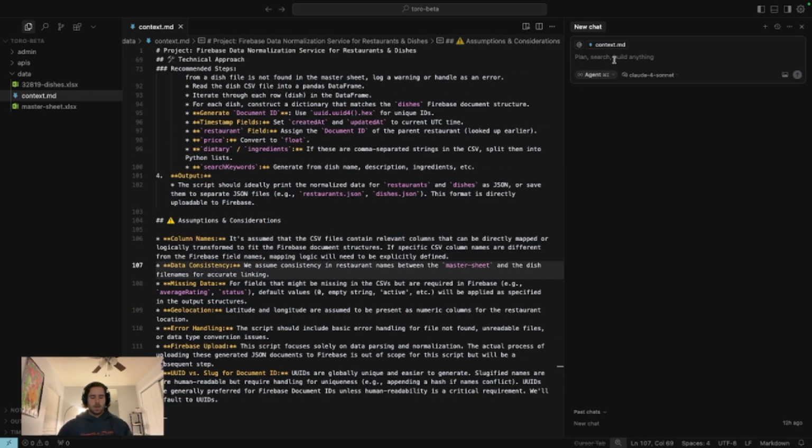Okay. Can you please help me implement this needed service to convert these sheets to